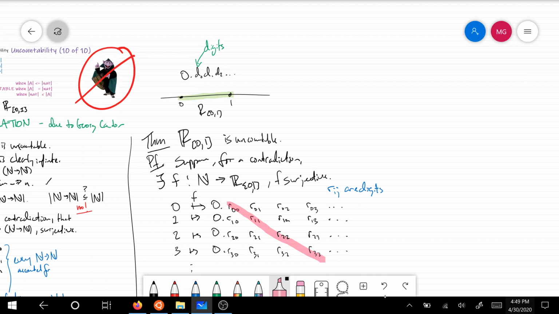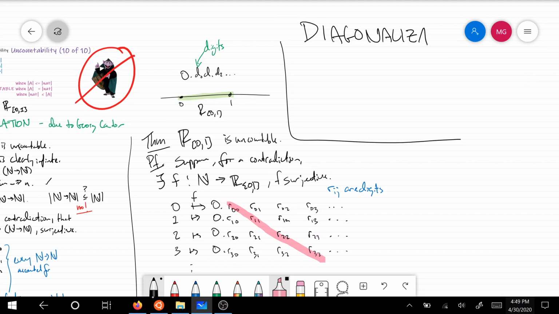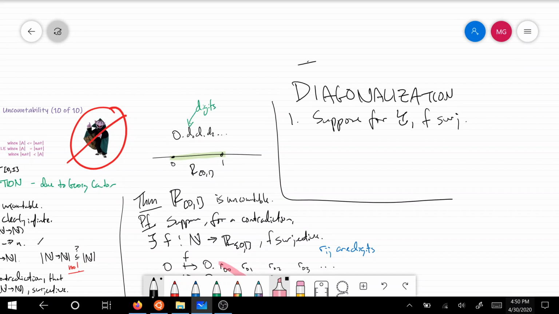What I want to do is sum up diagonalization. One: suppose for a contradiction f is surjective. So this is to prove that the cardinality of A is strictly less than the cardinality of B. So f from A to B, surjective. Two: